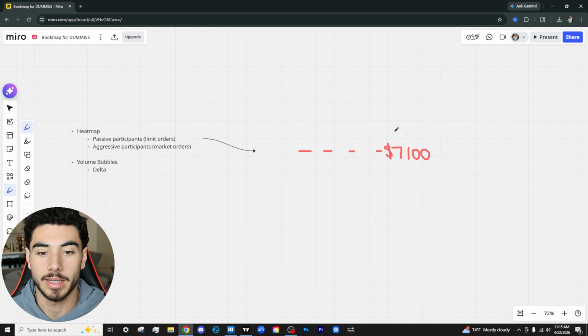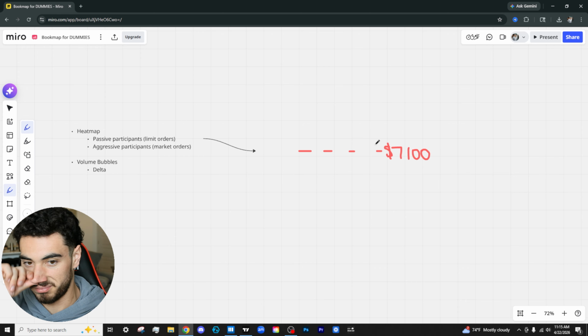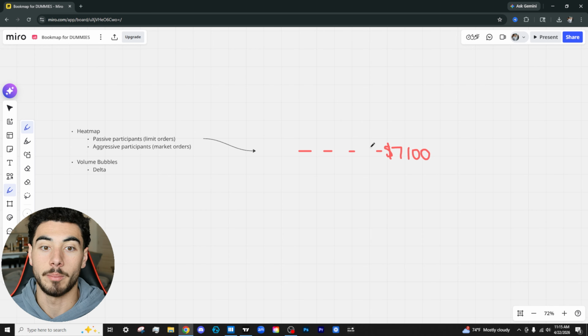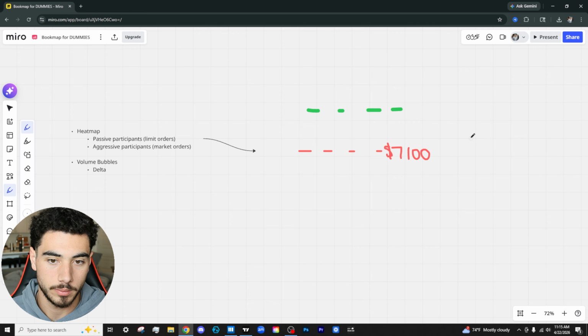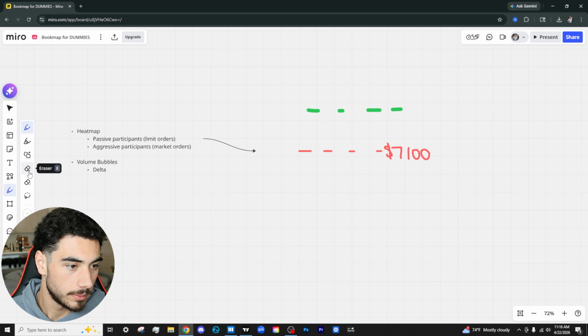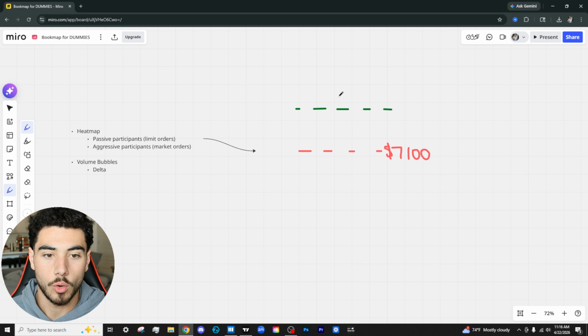So usually they're not going to try and hit the market. They're going to put limit orders. So the Goldman Sachs trader is going to say, I want to get long here at 71.10. That's terrible. Let's try that. Change the color. Cool. So Goldman Sachs, right? We'll put banker, right? Mr. Banker wants to get short at 71.20,